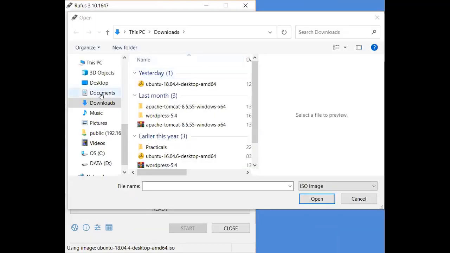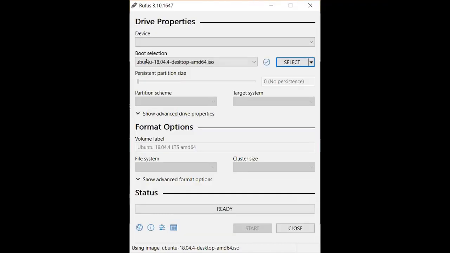Okay, and give address of ISO file you have downloaded in earlier step, that is Ubuntu 18.04.4 desktop AMD. This is ISO file we have downloaded earlier, and click on open. Okay, in boot selection, Ubuntu 18.04.4 desktop AMD 64.ISO is selected.